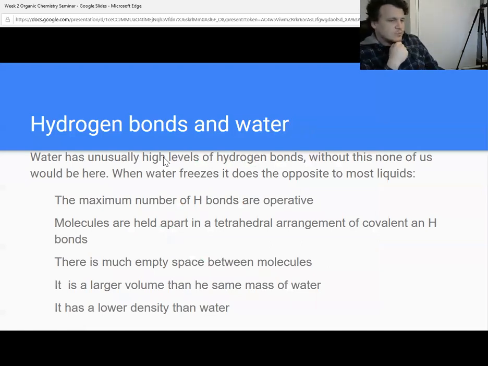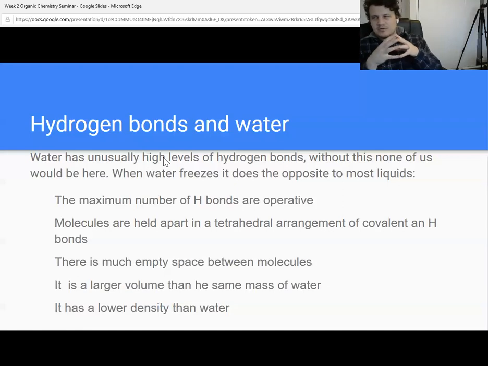So, water. Water, it shouldn't be water. It goes against all of the rules that we speak about. And it has very, very strange properties. So when water freezes, normally when something freezes,